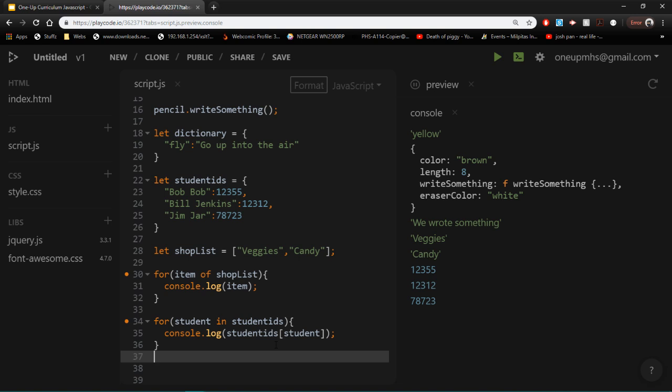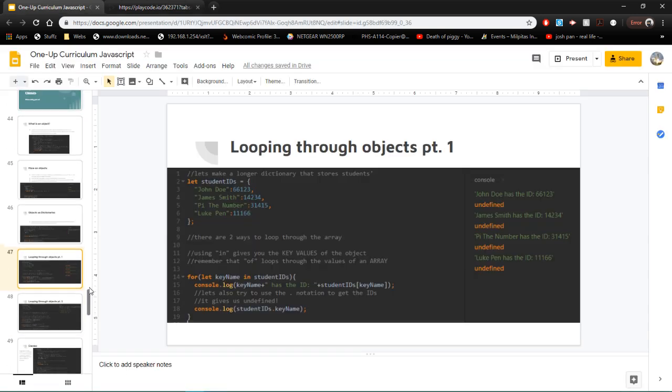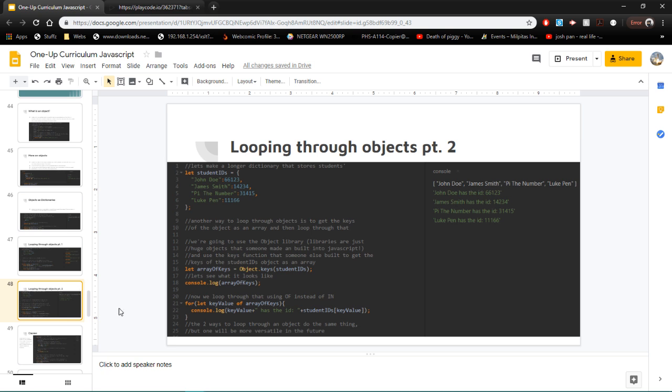So again, to loop through an object, you use for student in student IDs, and that gets you the name, right? The actual index. And in order to get the value or the IDs, you use these square brackets, right? Okay, so here's another way. I'm not going to type this all out, but another way to loop through